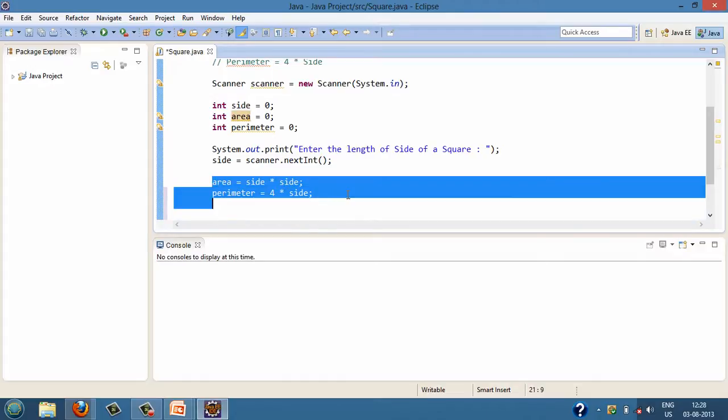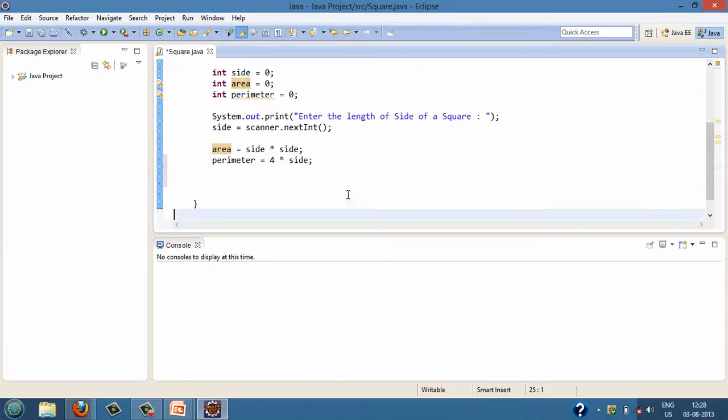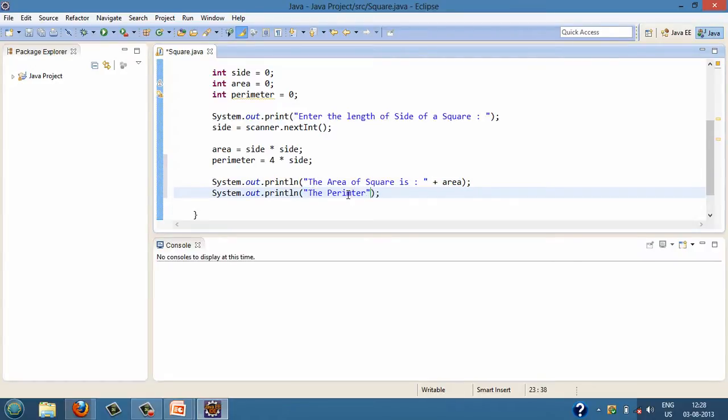When these two lines are executed, we'll know the value of area and perimeter of the square. After getting the perimeter and area of square, we'll just print them out on the console.